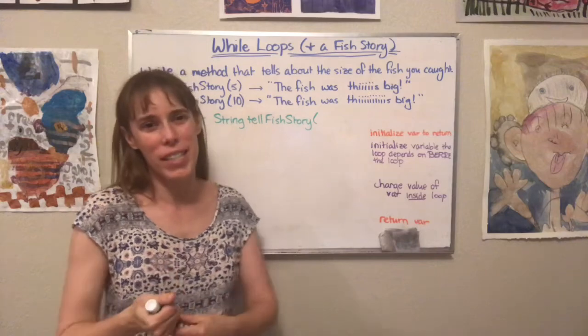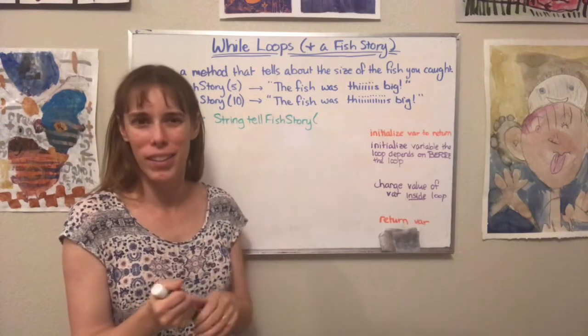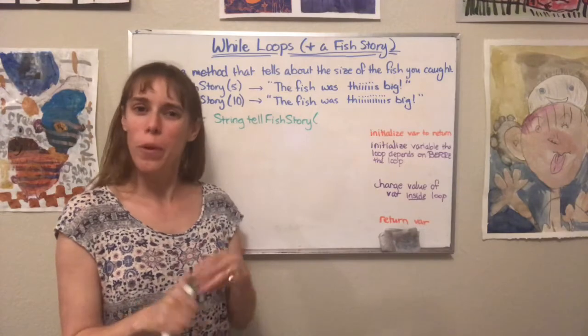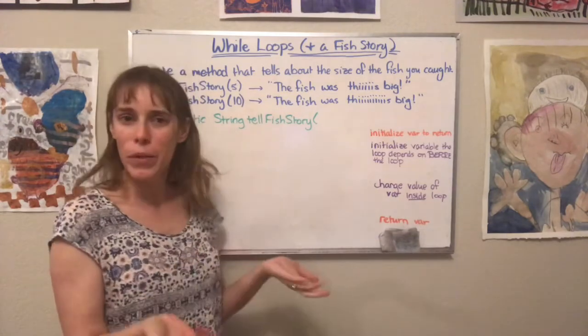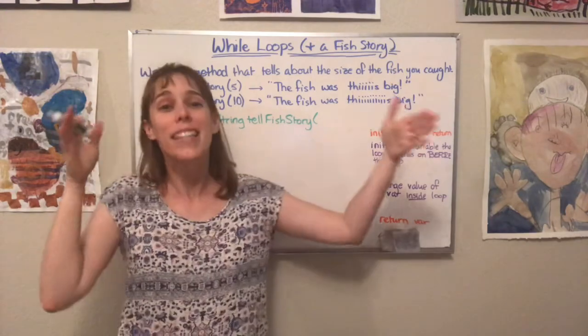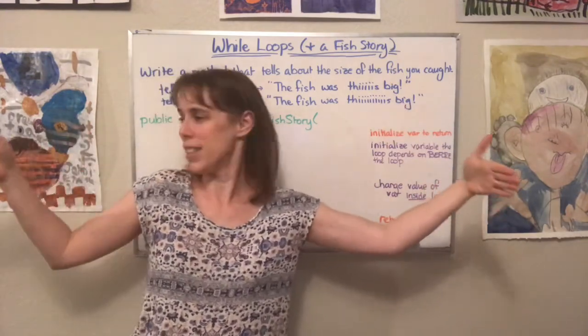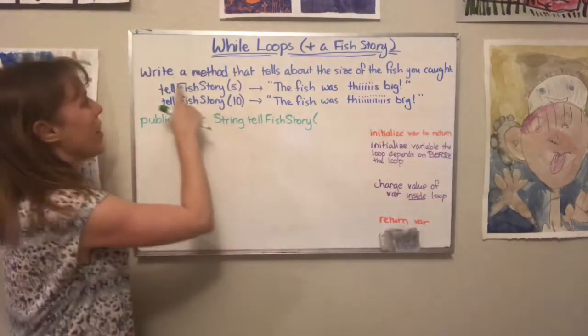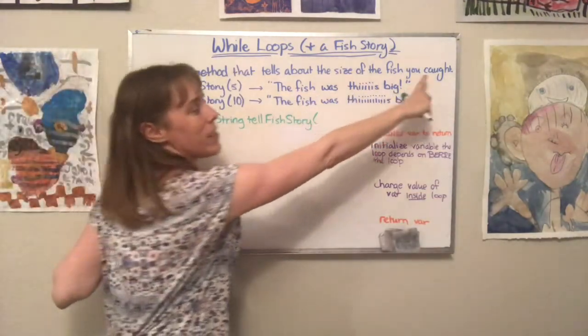So I know we did some of this in class, but I think it's still probably a little hazy. So I wanted to give you one more example. This one's going to be with strings. So say you went fishing and you caught a fish this big. Okay, so you're going to write a method that tells about the size of the fish